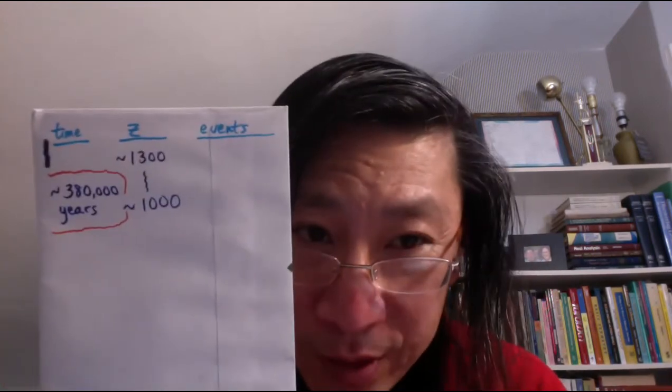So 380,000 years after the Big Bang, that's what we'll use as a number roughly, okay? 380,000 years after the Big Bang, give or take, which means that the redshift of the universe at that point is between about 1,300 and about 1,000, okay? The key events that are happening in that period of time: